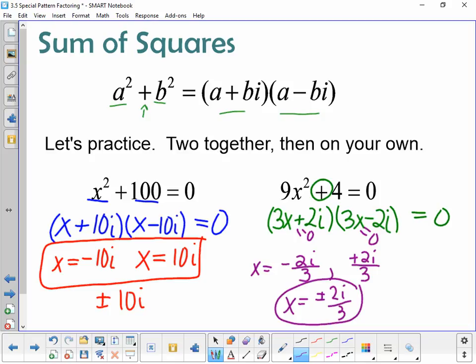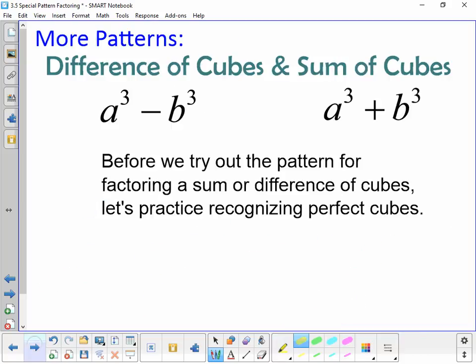So as you're looking at these that have perfect squares, just be really careful to notice if it's plus or if it's minus. If it's a squared plus b squared, you're going to have imaginary parts, and if it's a difference of squares, you'll just have what we're normally used to without the i's in it. So just pay really close attention to the signs right here. Okay,